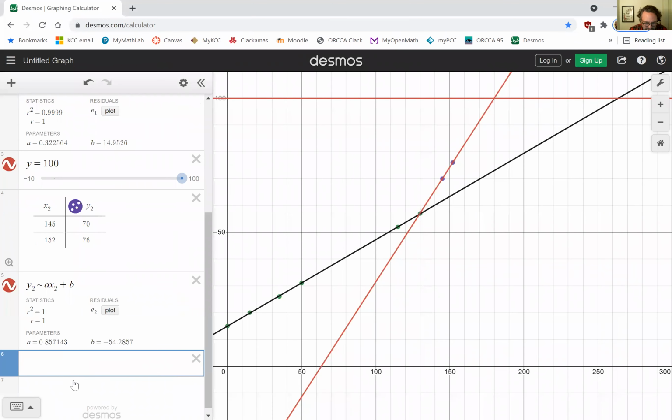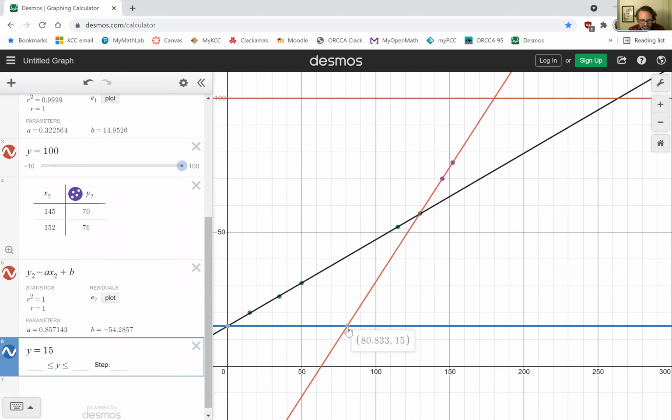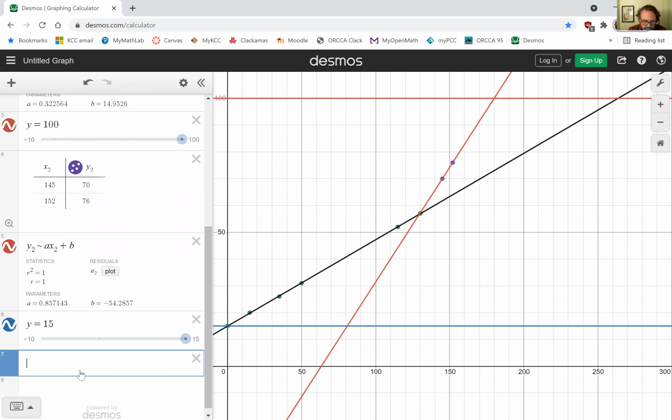So I will put in the line y equals 15. And this is really where this should start, is that I would have saved 81 minutes charging this if I had plugged it in tightly the first time. So this would really be our starting point here. And so if I were going to write an equation in point slope form for my new line, I would have to see those values again,